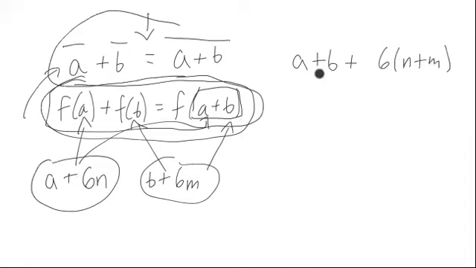Notice that, by our choice of fibers, this right here actually lives in a plus b. So this is actually equal to that, meaning that no matter what a is and b is in terms of our representation, we actually get that